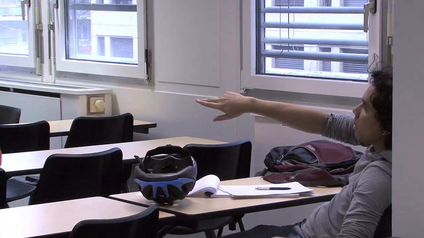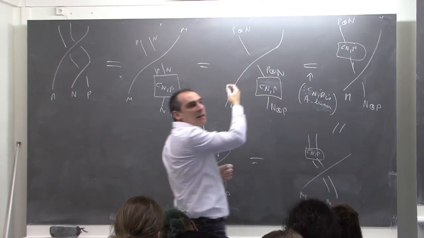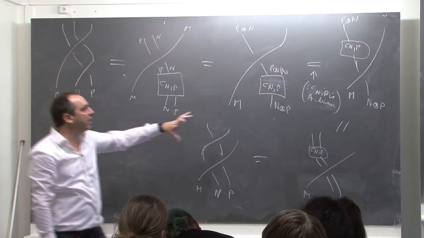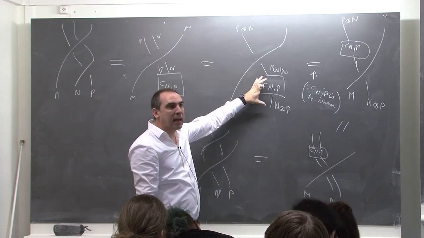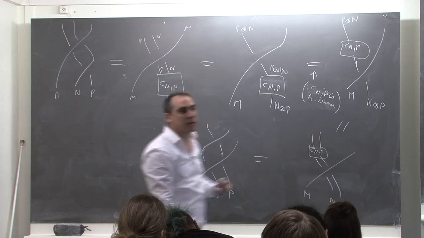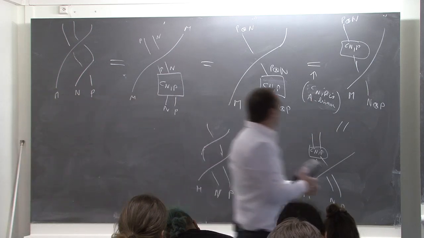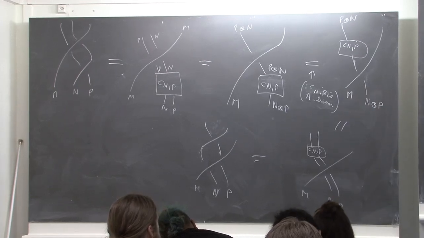No, C_{M,P} is A-linear. This morphism is A-linear, so you can slide it, okay? Yeah, I see. You cannot slide any K-linear morphism, but you can only slide A-linear morphisms. Okay, and so we have proved